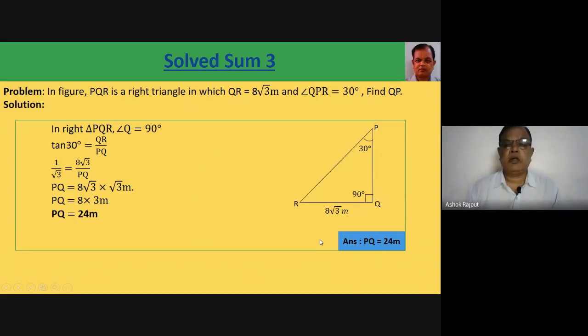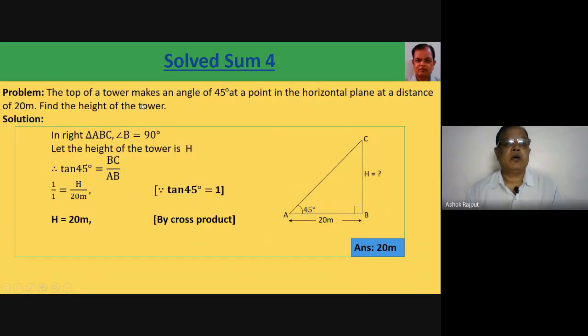4 threes are 12, so we can write 12 as 4 root 3 into root 3. Root 3 is cancelled by root 3, giving root 3 over 12 root 3... therefore, tan B equals 1 by root 3. It is the value of tan 30. Therefore, angle B equals 30 degrees. So we have found the angle B.